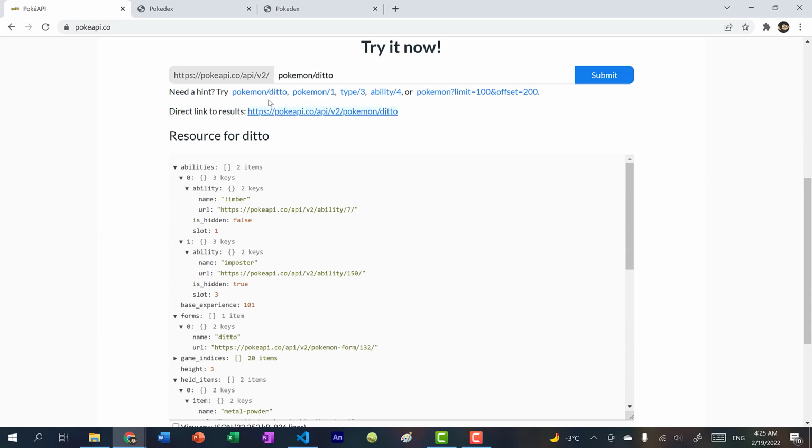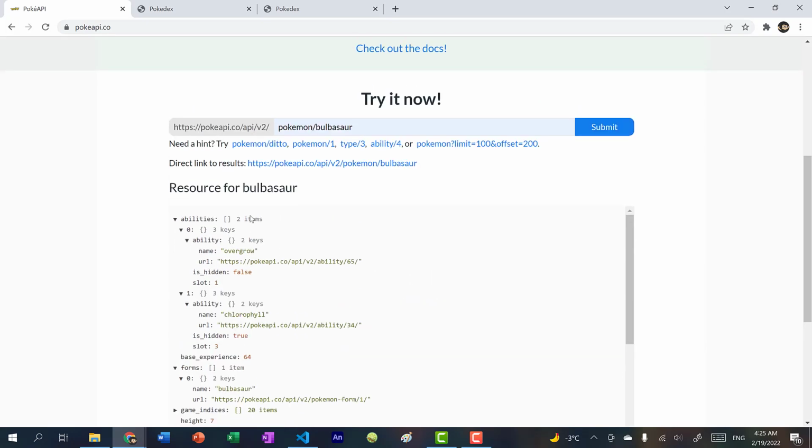and if we scroll down, you can see there are many ways to fetch the data. Here's the URL, and you can add the Pokemon name at the end, or you can do it by ID. So here's 1 for Bulbasaur. So if I do it by Pokemon name, I can do Pokemon/Bulbasaur and hit submit, and you can see it'll retrieve the data. And the data is in JSON format. So we're going to be using the number 1 because we're going to be doing a for loop from 1 to 151. So that way we don't need to get all the names of the Pokemon.